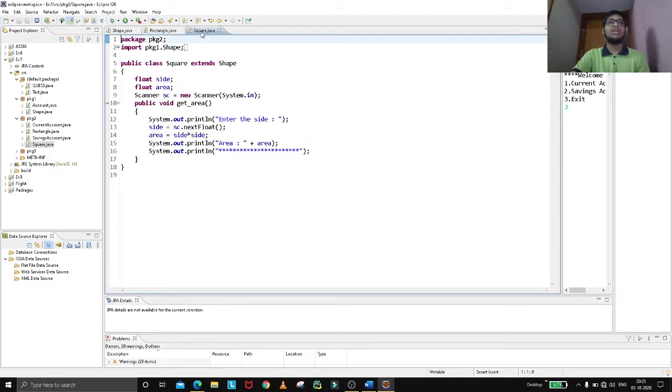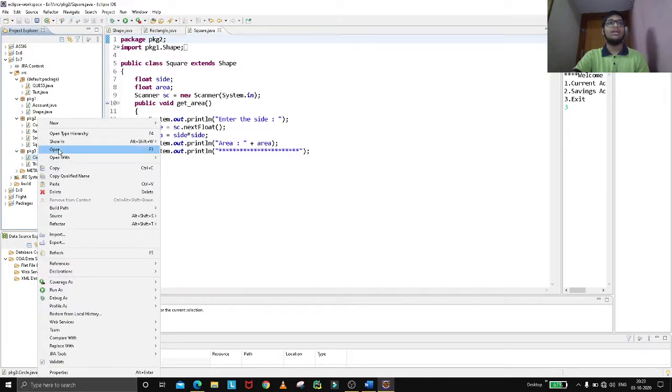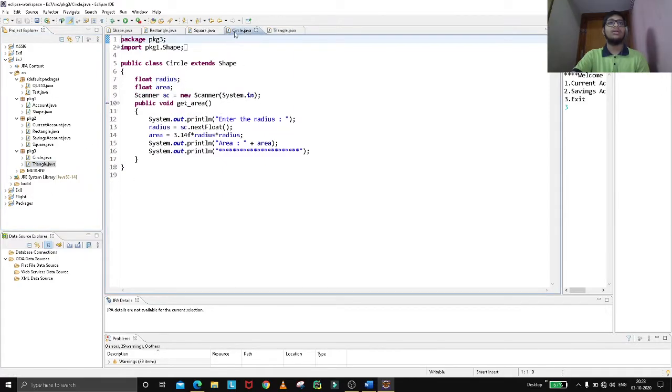Now for the same thing with Square, we need to create a side and take it from the user and provide the area. So basically Rectangle and Square classes are done. Now we need to create package 3, in which Circle and Triangle are there. Same thing, for Circle we need to give the radius. So we take the radius from the user, and area will be 3.14 into radius,